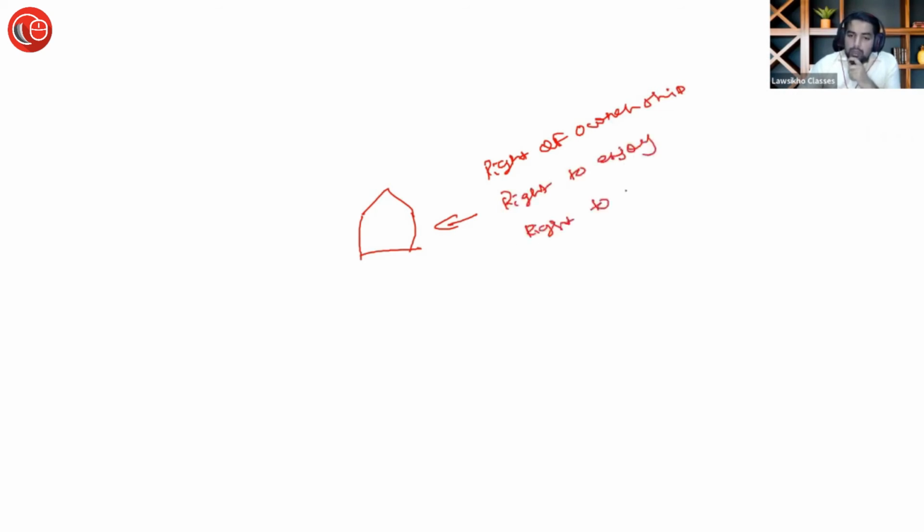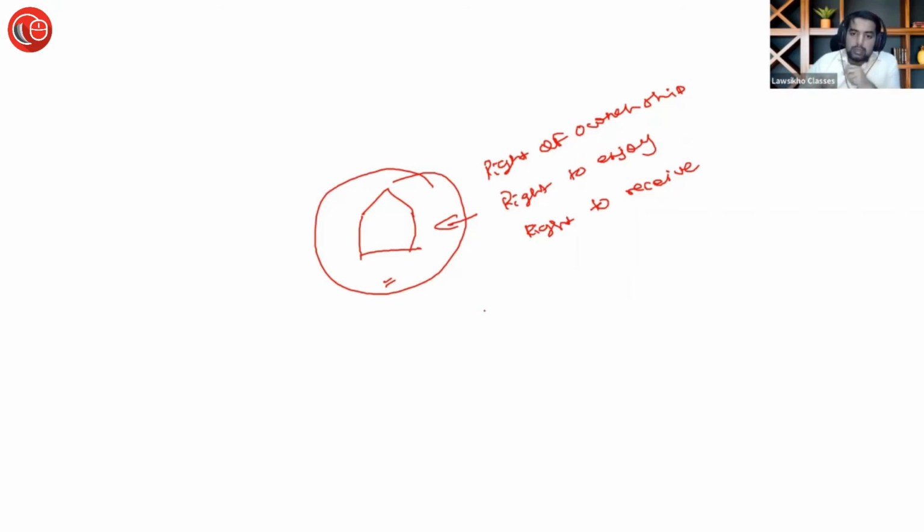All the rights that you have related to a particular property, wherein property is the subject matter, those rights are known as proprietary right. जहां पर प्रॉपर्टी एक बहुत ही बड़ी भूमिका निभाता है, प्रॉपर्टी इज द सब्जेक्ट मैटर, इज द मेन थिंग ऑन विच द लीगल राइट इज क्लेम्ड। सारे राइट्स प्रॉपर्टी के ऊपर क्लेम हो रहे हैं ना, प्रॉपर्टी के थ्रू क्लेम हो रहे हैं इनफैक्ट। So those rights are known as proprietary rights.